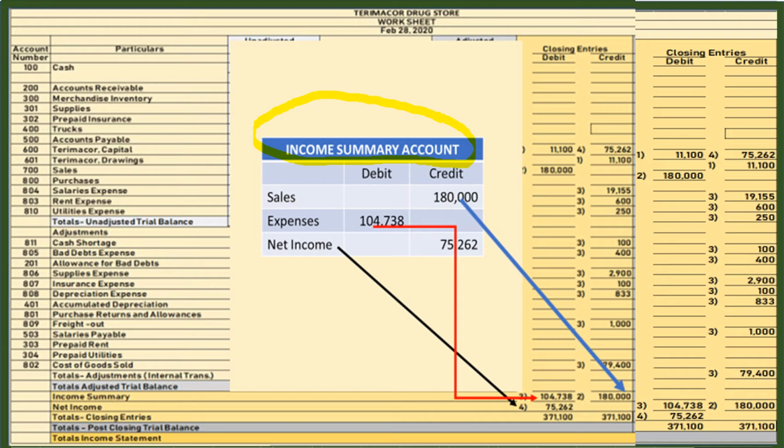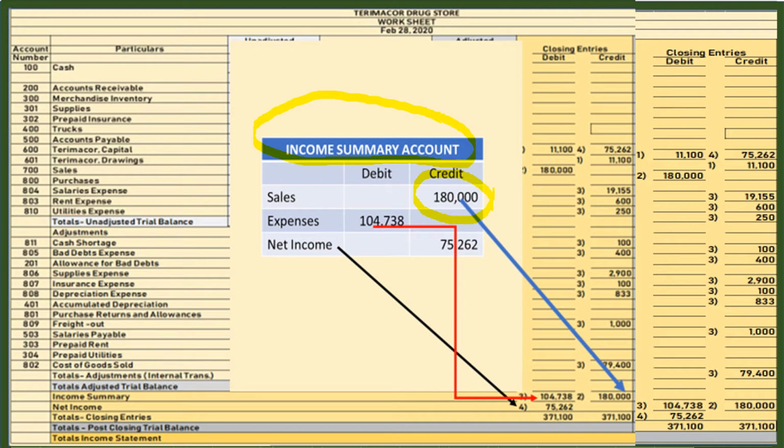So it will appear in the income summary account on the credit side. It has been removed from the credit side of the sales account and transferred to the income summary account. Now with regards to expense, the individual expense account will be credited, and the income summary account will be